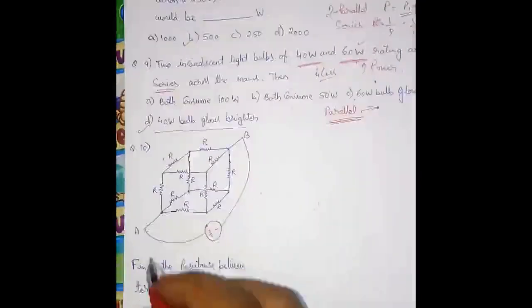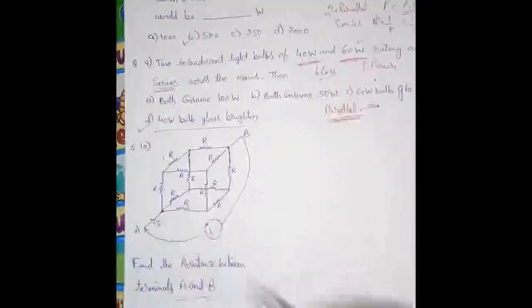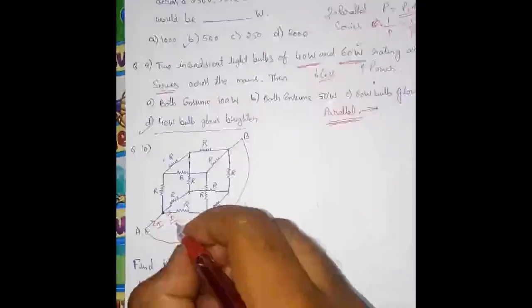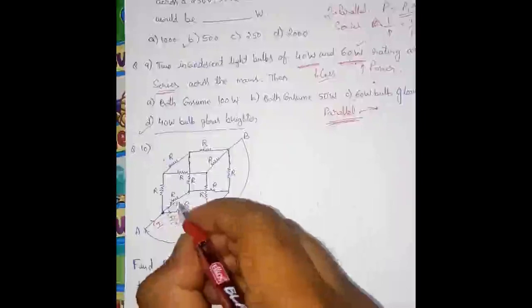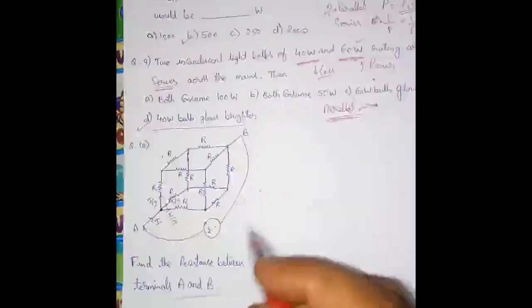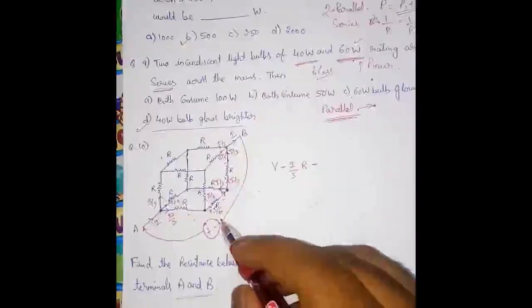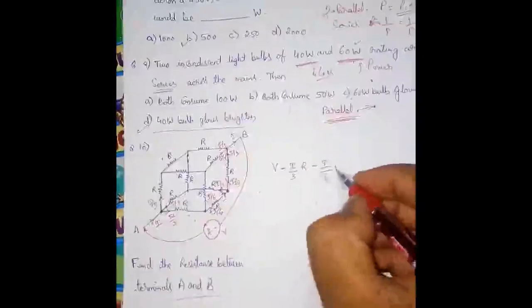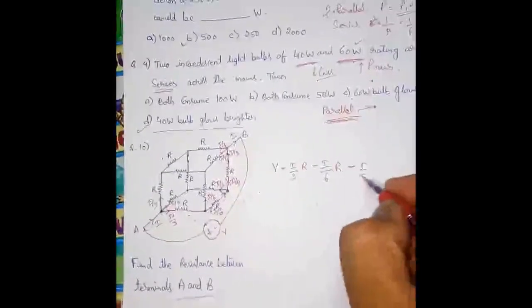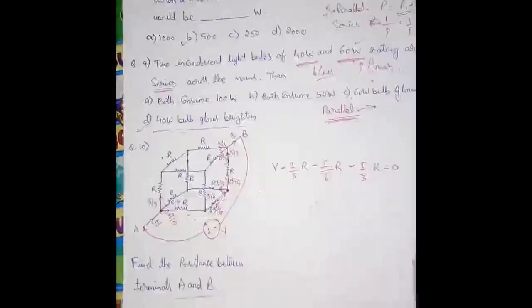When we have a closed circuit, there will definitely be a flow of current I. Now let's see, this is a node and we have 3 branches here, and each branch has the same resistance R. So this current will be split here, so I can write it as I by 3. The same current I by 3 will flow here, and even in this branch, I by 3. Now when it comes to this node, in this branch we have the current I by 6, so it is going to be minus I by 6 into R. Then in this branch we have minus I by 3 into R, which is equal to 0.